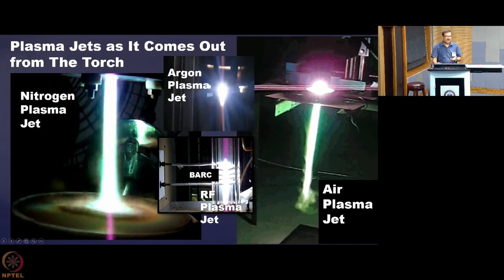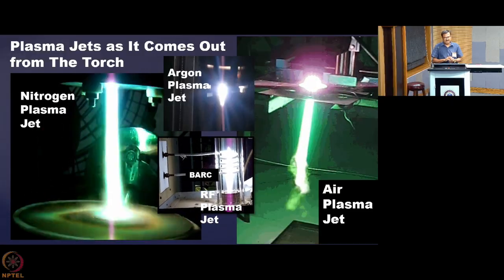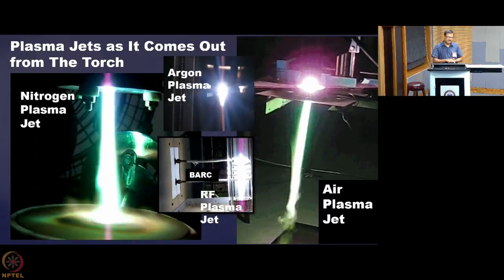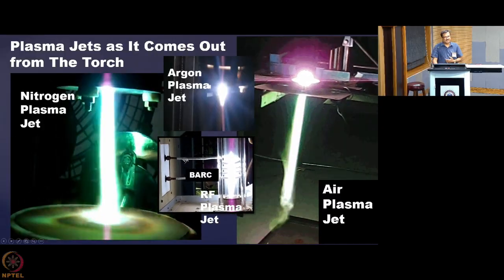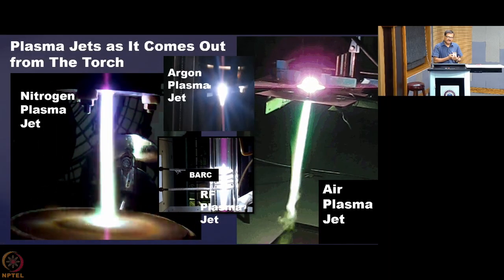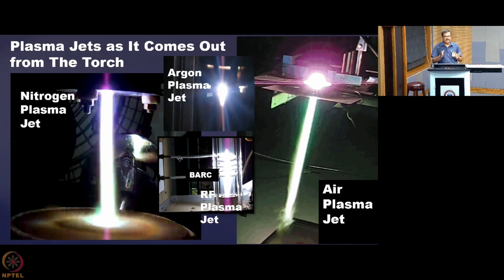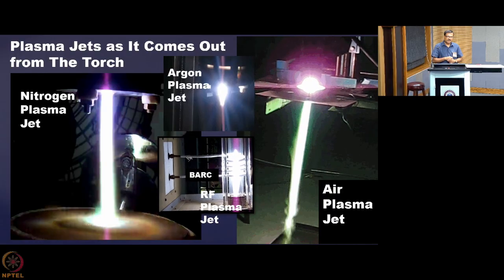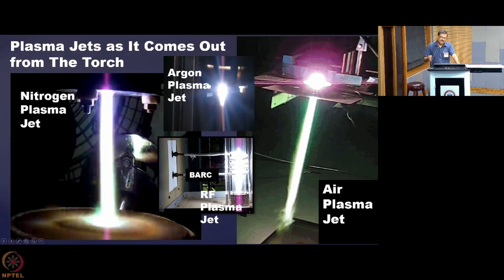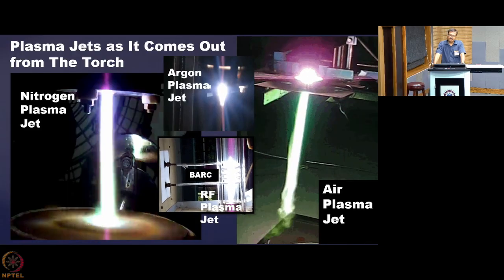This last one is an RF produced plasma jet. A 3 megahertz, 3 kilovolt supply has been used to generate this plasma, and it is a very static and stable plasma jet. So, all these depend on the kind of gas that you use, the kind of mechanism that you have used to produce the plasma, and the kind of geometry that you have used to get those plasma jets in that device. We will discuss more on this in the classes that will come, and I stop here today. We will meet you in the next class.